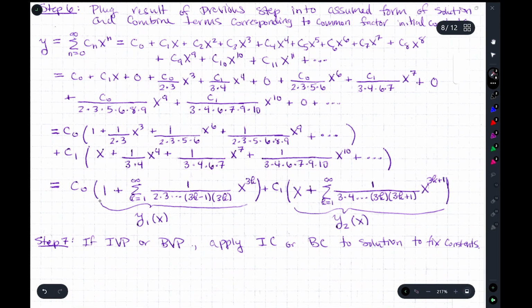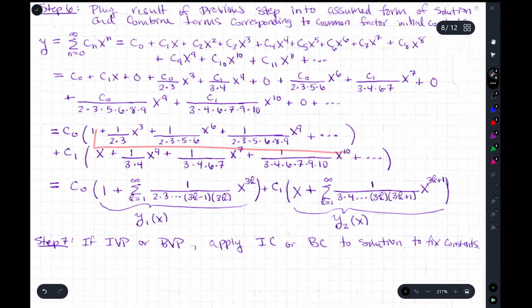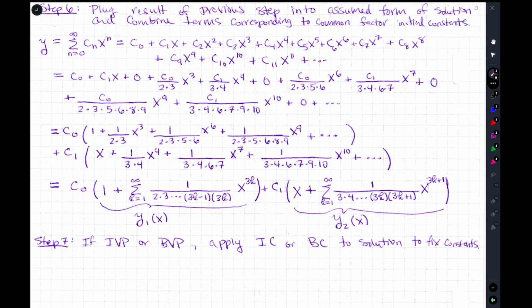I'm going to call this Y1. And notice here we have to take out 1 to be able to express the rest in terms of a formula. And I'm going to call this Y2. Y1 and Y2 are the two linearly independent functions